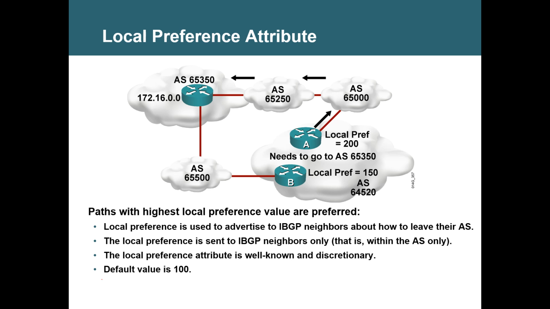Though going via B is less number of hop counts. AS path comes after local preference. This is something which I did not tell you. 1, 2 hop. But if you go this way, it is 1, 2, and 3 hop. When I don't configure local preference, the default will be 100. In that case, all the routers will exit this way.